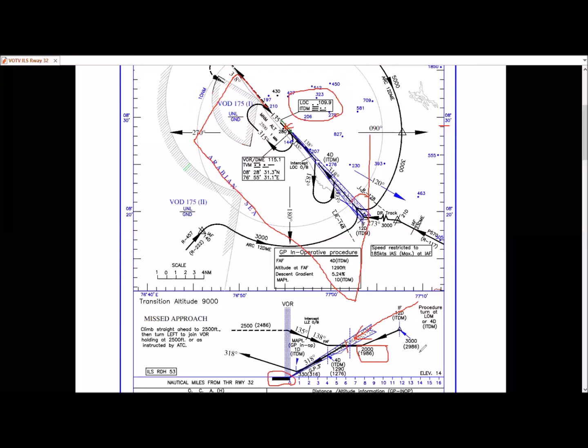For glide slope capturing, we will maintain an altitude of 2000 feet and intercept at this point. This is the glide slope. We will be intercepting here. Then the plane will be taken down at a vertical speed to touch down precisely at this touchdown point.